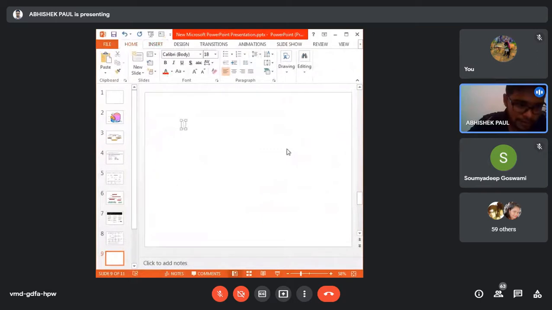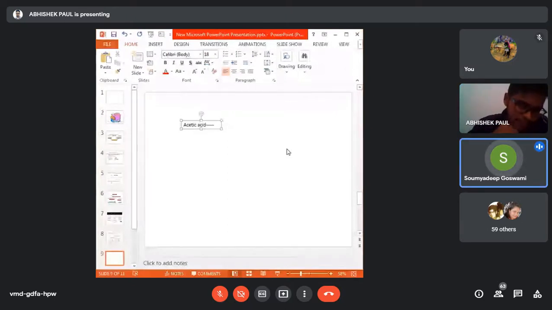Why do you need to balance the diet? Acetic acid it produces. Please explain why we need to balance the diet. Yes, sir. We need to balance the diet in order to get milk which is equal in fat proportion and also in water proportion and milk proportion.